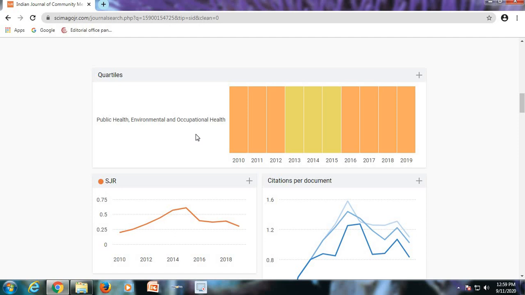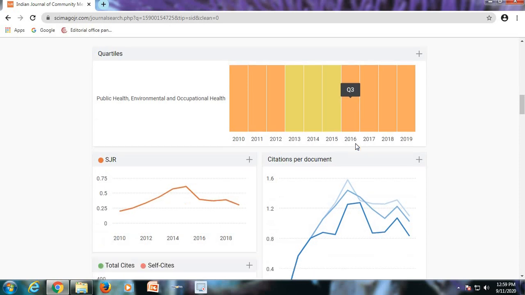Here you can see in 2010 the journal ranking was Q3, quartile 3, till 2011 and 12, whereas in 2013 the journal ranking for the Indian Journal of Community Medicine was Q2 till 2015. From 2016 to 2019 it again has a quartile ranking of Q3. So this is how you can see or compare year wise quartile ranking of a specific journal.